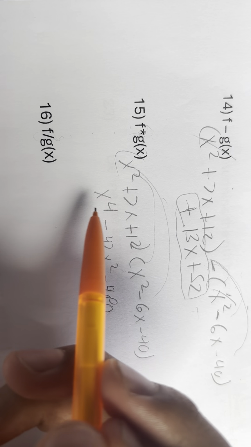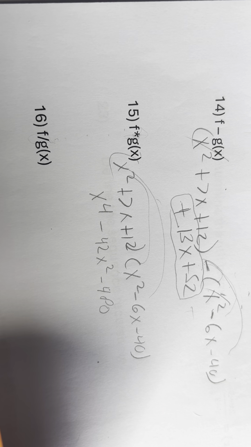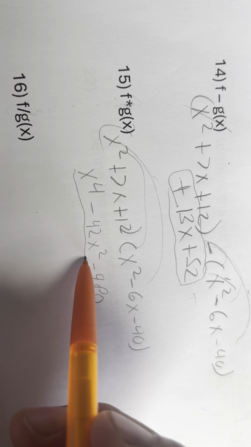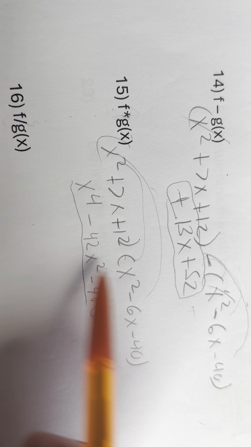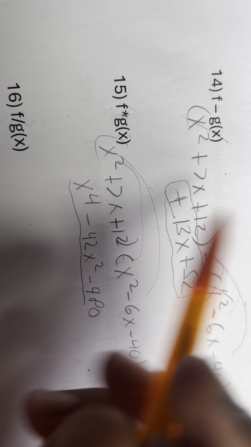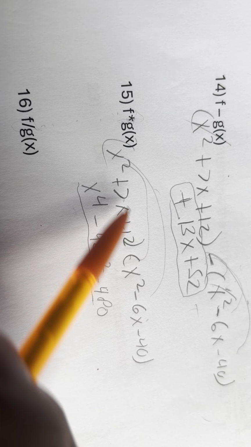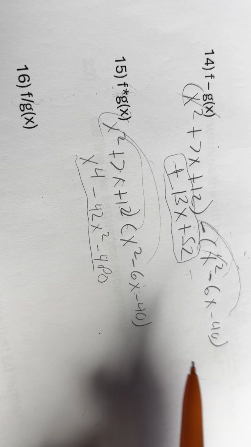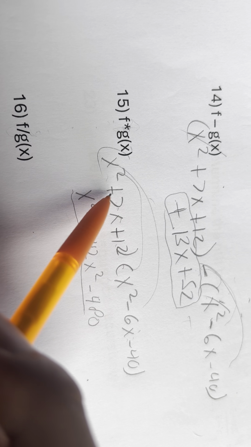Alright, hopefully you got x to the fourth minus 42x squared minus 480. Remember, this type of way only focuses on singular operations. But we know, remember the box rule, the FOIL rule, when we're timesing multiple